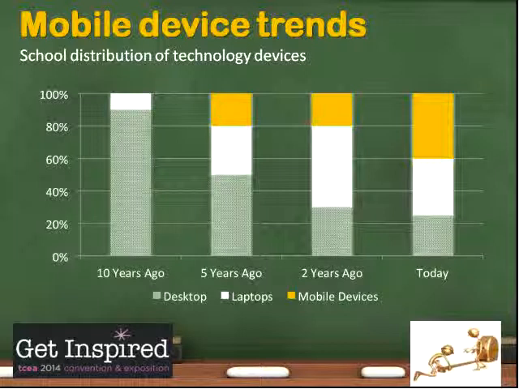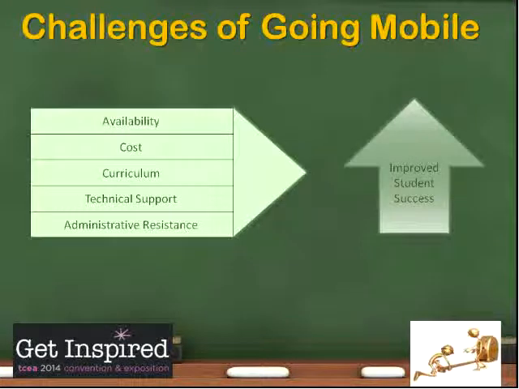And then finally, in today's society, the mobile devices are definitely taking over so that you can take them on a field trip, you can go outside and do projects outside on your campus. There are a variety of things that you can do with a mobile device that you're limited with if you had just